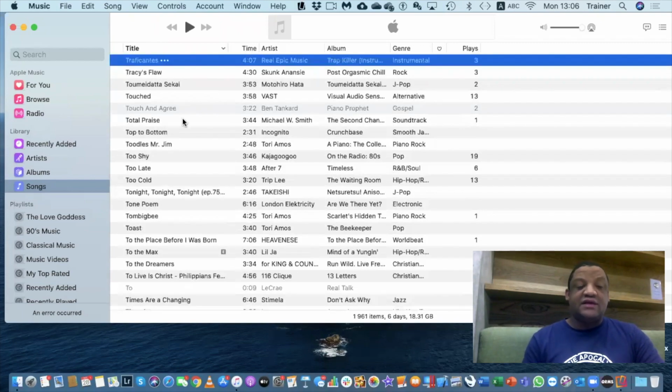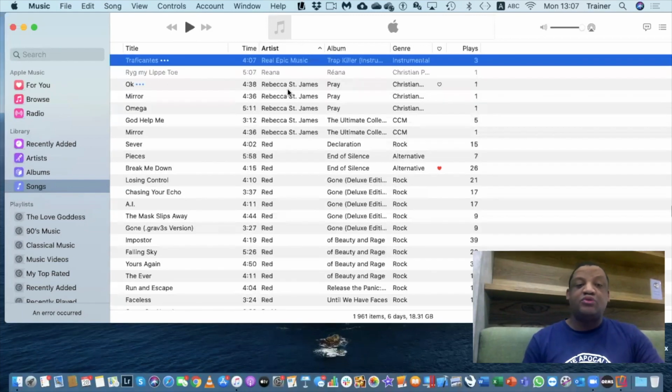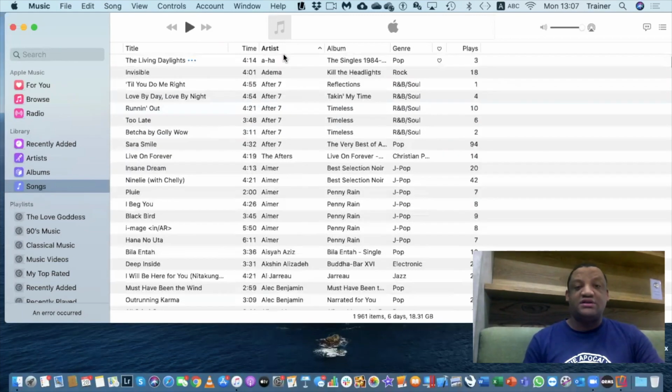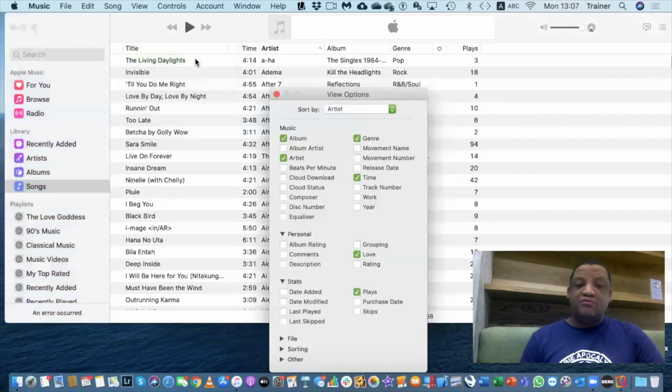So if I say title, it will be sorted by the title category, or I can just go artist and it will put it in alphabetical order by artist, and so on. Also, I can go to the view menu item and go to show view options, and it will give me a whole range of items that I can select that will add in the columns for me. So if I want to see the column for cloud download, cloud status, kind, and so on, I can also add that in.